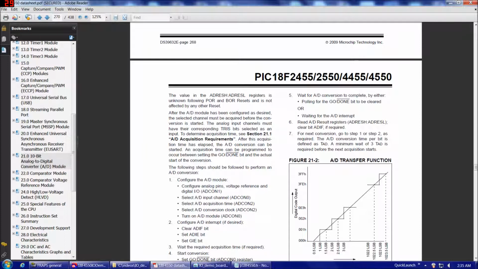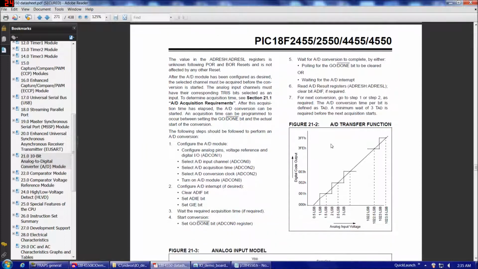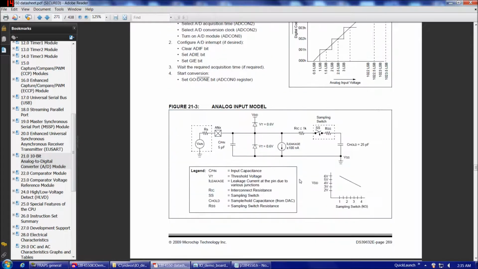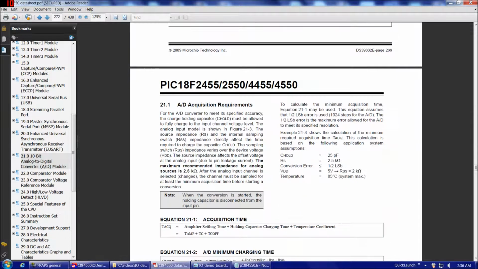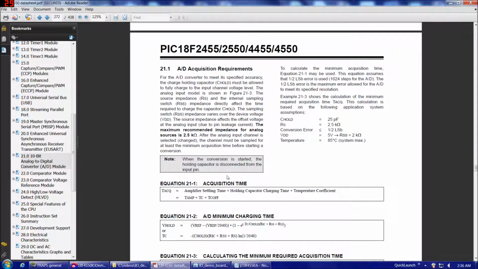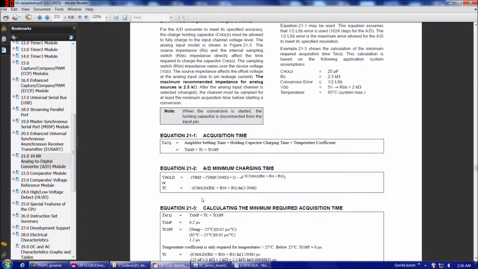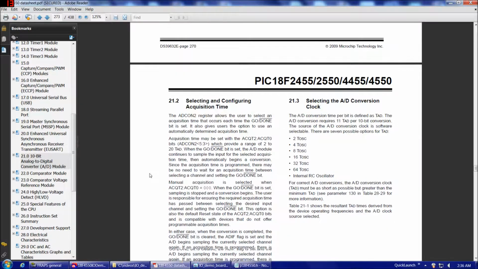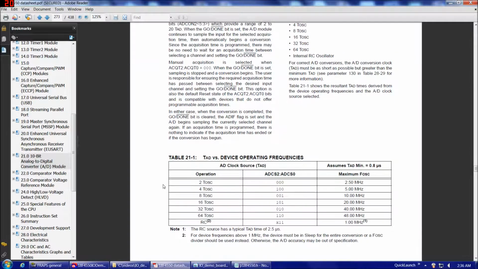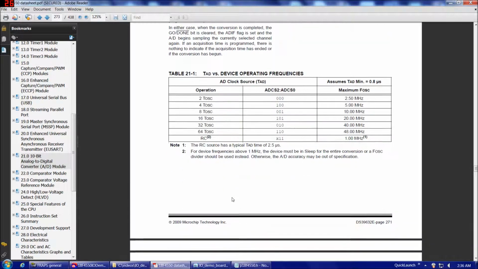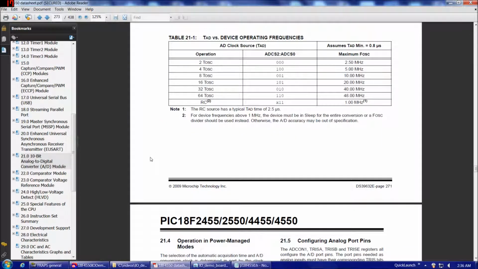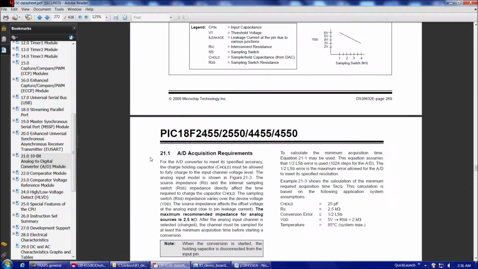A to D acquisition time requirements. It has this graph here. Then it gets into this analog input model where it justifies some calculations. Then they discuss temperature effects, and they introduce these formulas here to calculate all that. And then they have more verbiage here on selecting and configuring acquisition time and some recommendations and so on, and then a table on it, and it goes on and on. But to make a long story short,